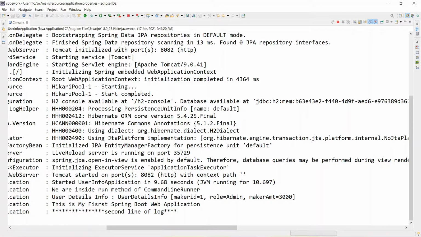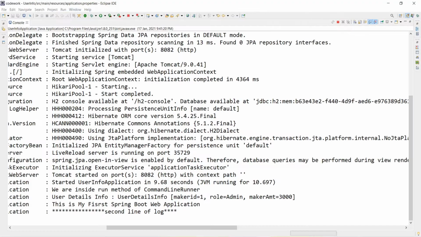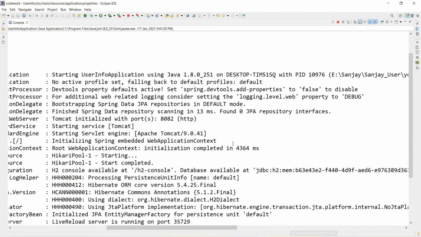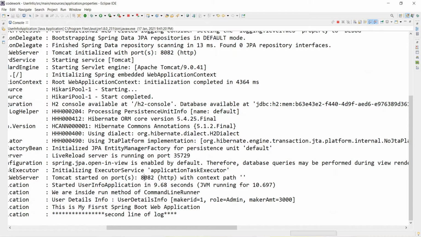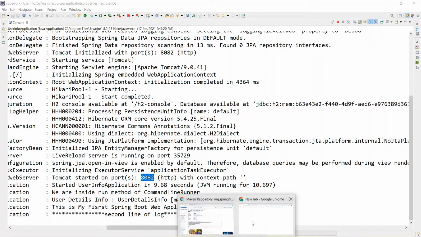So let's try to see the H2 console. Go to the Chrome. Our application is running on 8082 port, right? If you see here, on which port our application is running: Tomcat started on 8082.